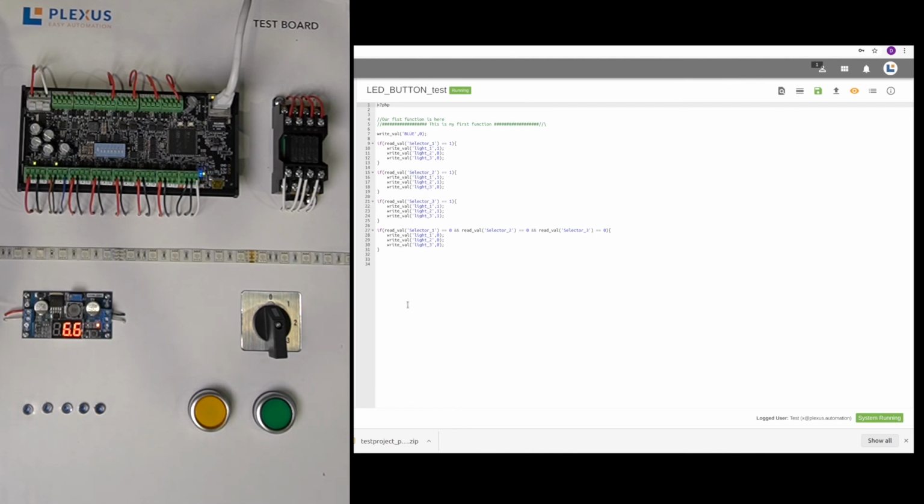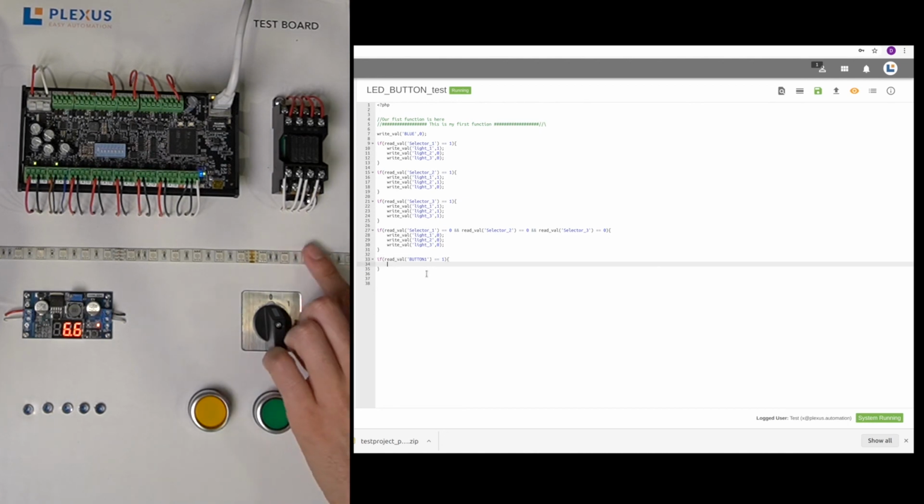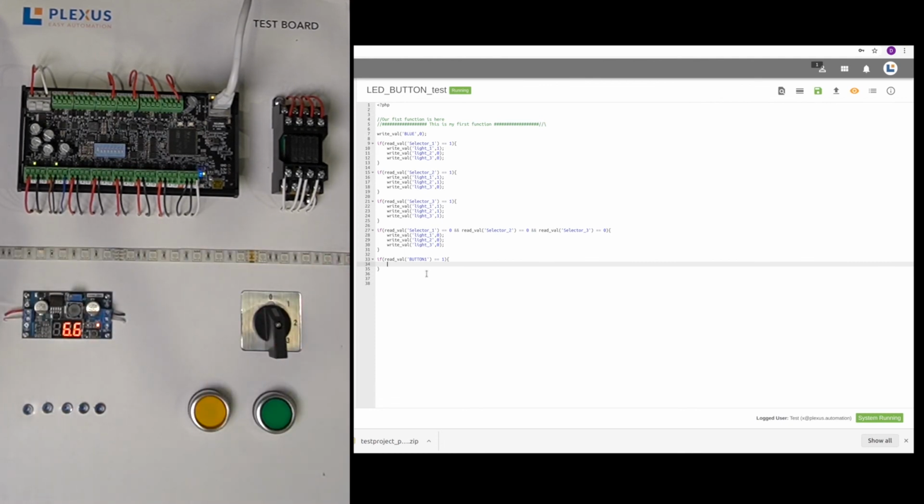All right, that was a very simple example. Just as another example, we can use a little function block called write val period. So we can say if read val, let's say button 1, which is this button over here, is equal to 1, we can start blinking the red LED strip here. So we can do write val